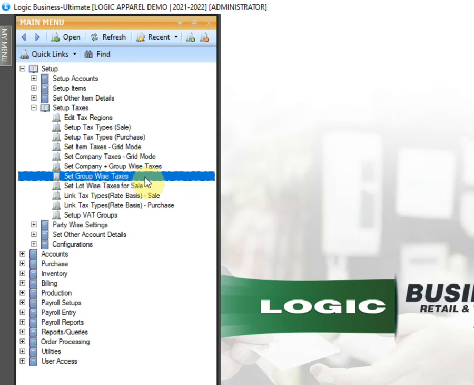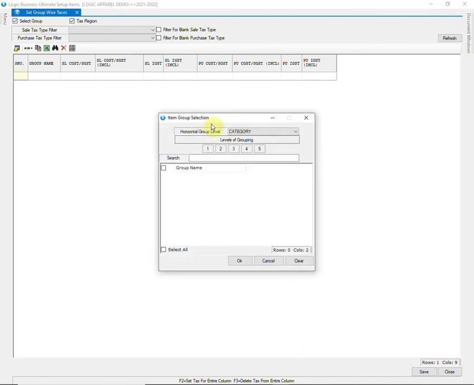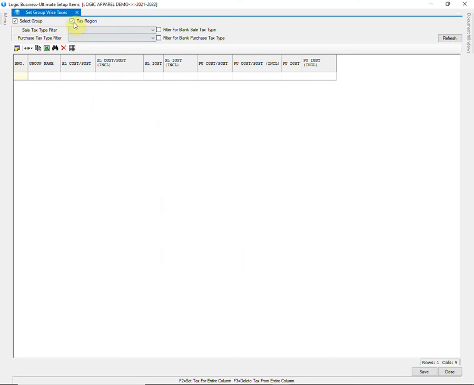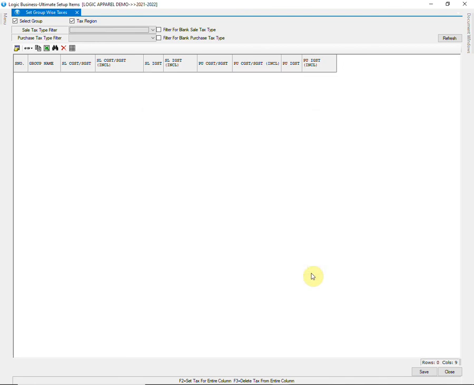The last step is to set group-wise taxes. Click on Select Group and select GST Footwear from the tax group. Now select the tax regions and click on Refresh.